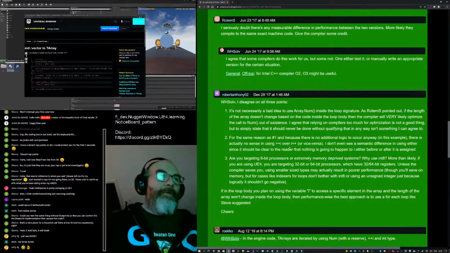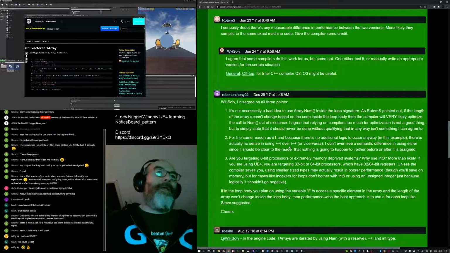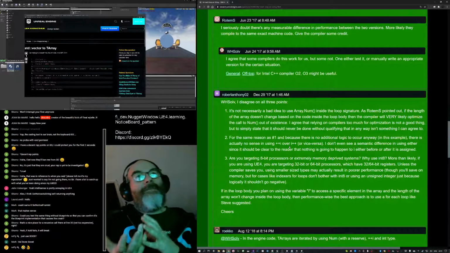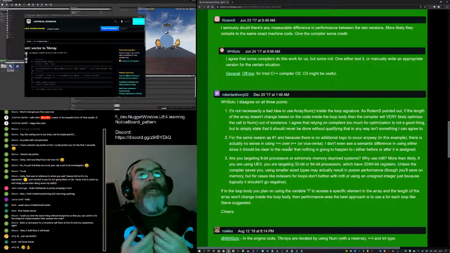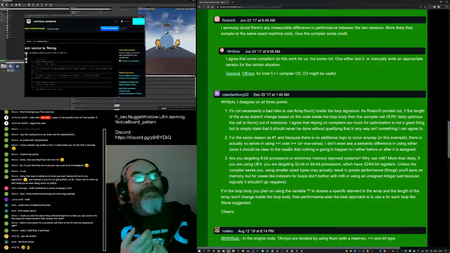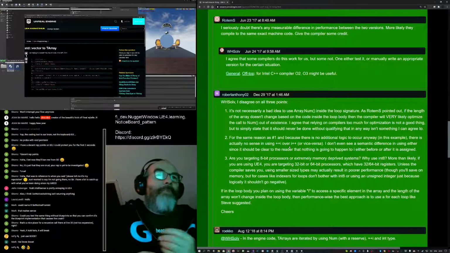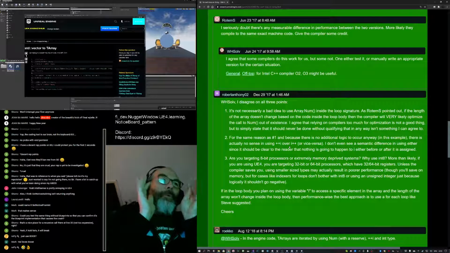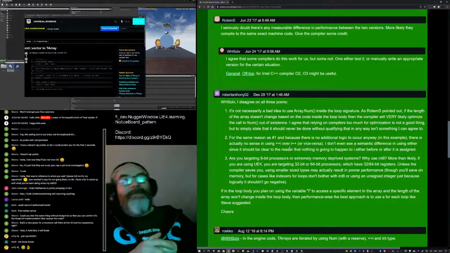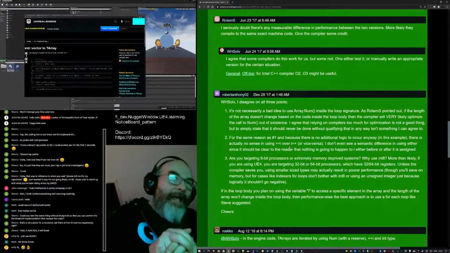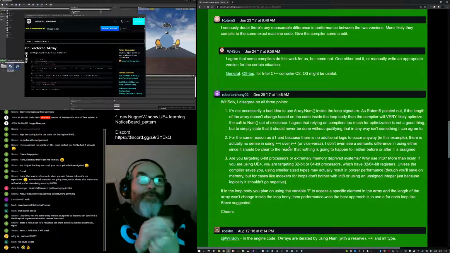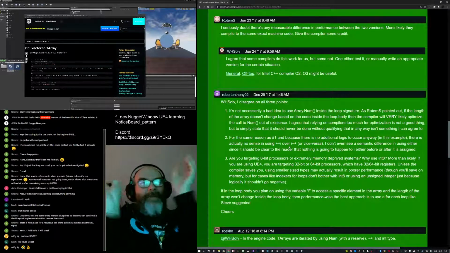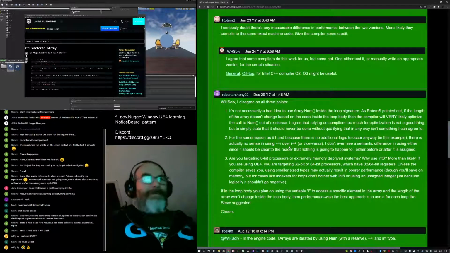It's not necessarily a bad idea to use array num inside the loop signature, as Rotem pointed out, if the length of the array doesn't change based on the code inside the loop body, then the compiler will very likely optimize the call to num out of existence. I agree that relying on compilers too much for optimization is not a good thing, but to simply state that it should never be done without qualifying it anyway isn't anything I can agree to.